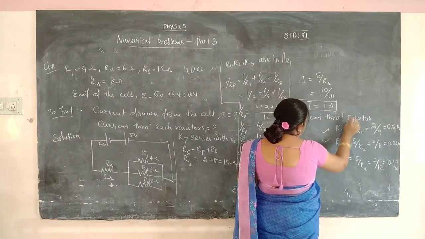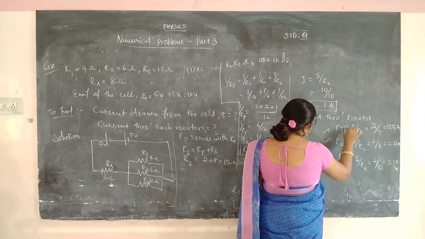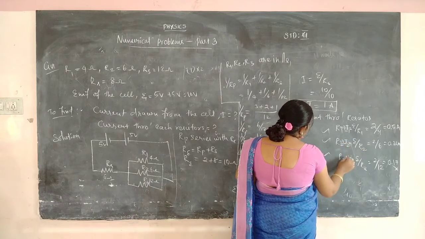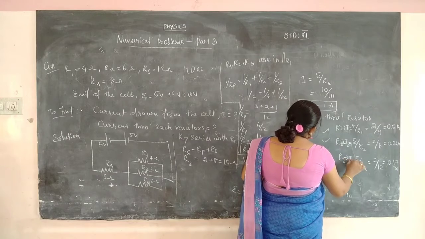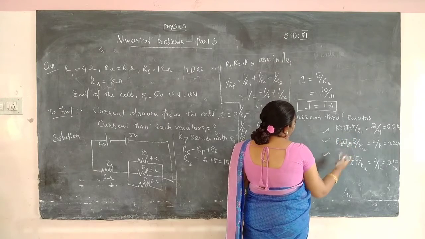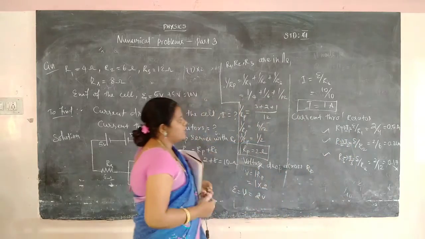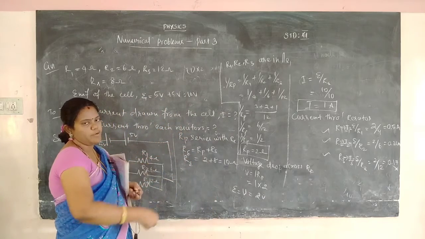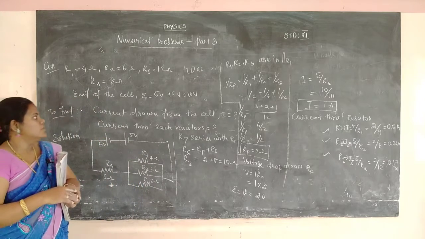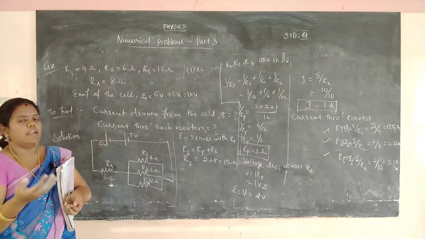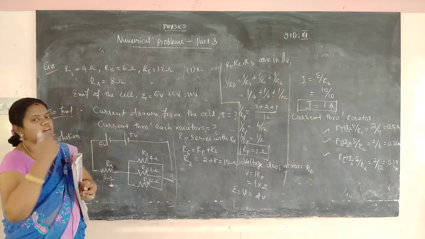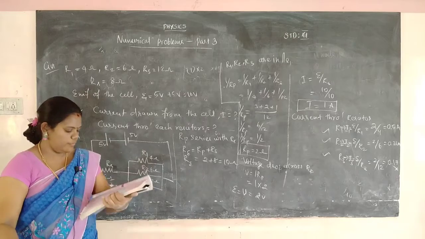Current through the resistor R1 is I1, current through the resistor R2 is I2, and current through the resistor R3 is I3. These are the current through resistor R1, the current through resistor R2, and the current through resistor R3. So the I1, I2, I3: we have calculated the common current and the current in each resistor. Okay, so this is the problem. What is given in this problem? 3 resistors are connected in parallel and another one resistor is connected in series. You have to make the circuit and easily find the current value and the current through each resistor. Okay, and then go for the next problem.